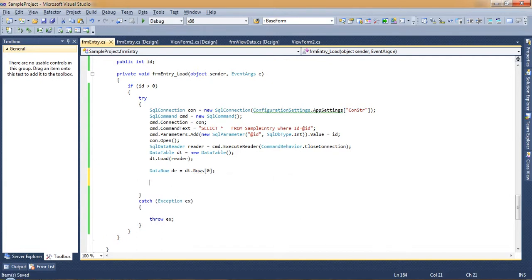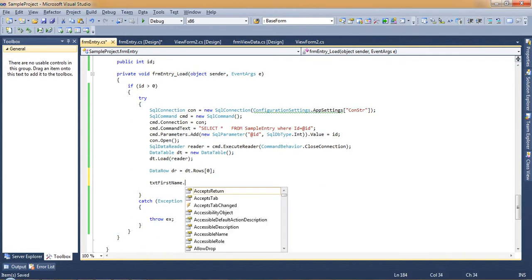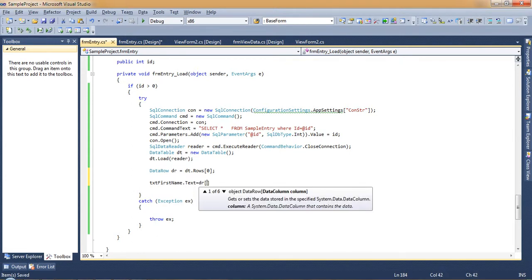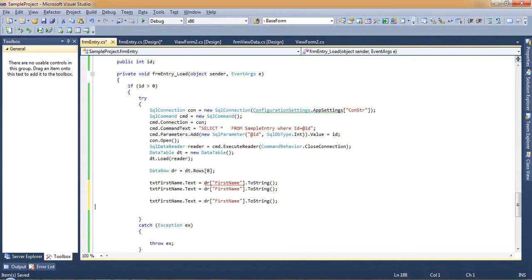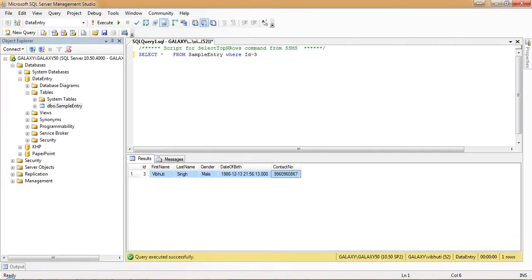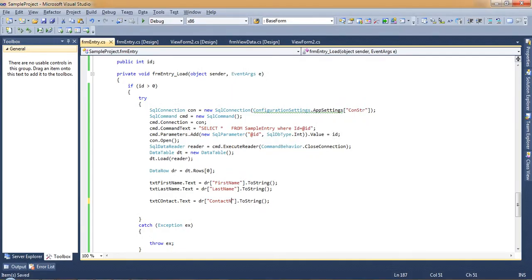Now we'll write txtFirstName.Text equal to dr, and then we'll pass the column name called FirstName.ToString, need to convert to string. txtLastName, txtContact will change to last name, contact. The name should be similar to the database. The column name should be similar to the name which exists in the database, like first name,